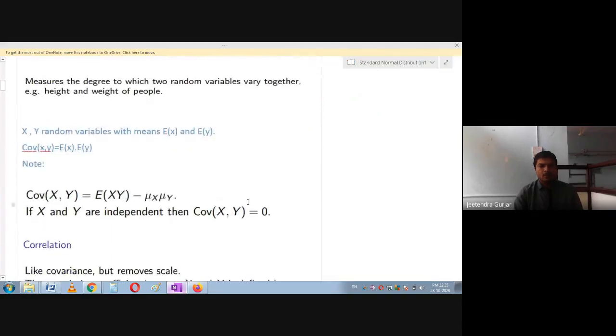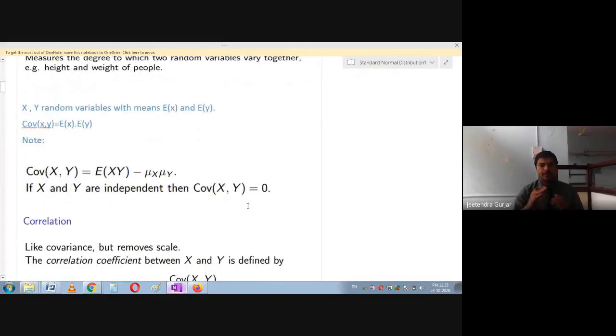So the covariance formula I can note down. Then we also come across covariance once again. Please remember this. When you take the covariance of XY, we can also write it as E of XY minus mu of X, mu of Y. You have already come across what mu is, it is the mean. So it means the mean of XY minus mu of X, mu of Y, that is, mean of X into mean of Y.